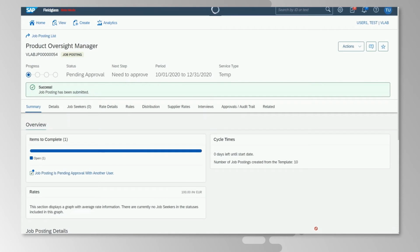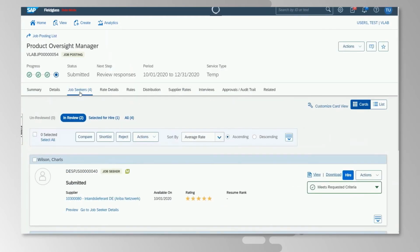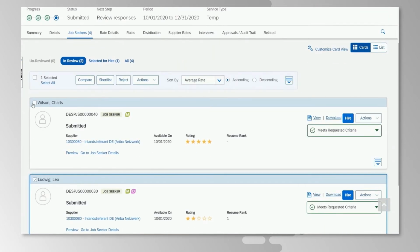And now let's travel a little bit in time. A couple of suppliers applied for this position and submitted their job seekers to this job posting. In fact, two people have been sent here, which is Charles and Leo. So let's compare them inside Fieldglass side by side